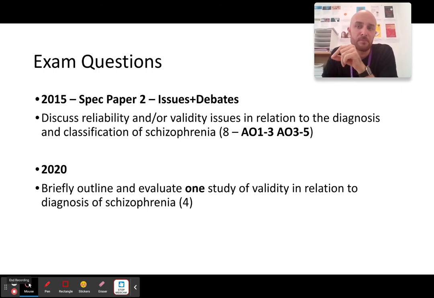So if you can nail this bullet point, you do not want to walk into the paper 3 with this as a weak point, because if a 16 marker comes up, you're done, basically. You're done.